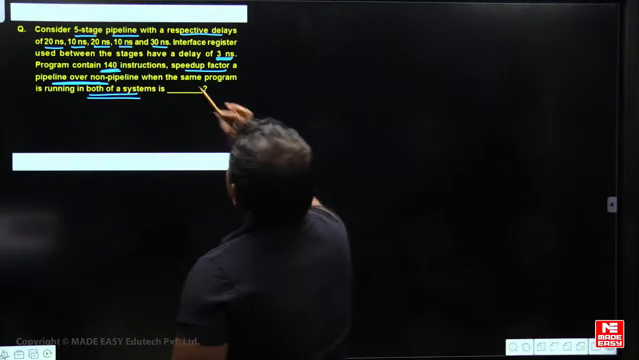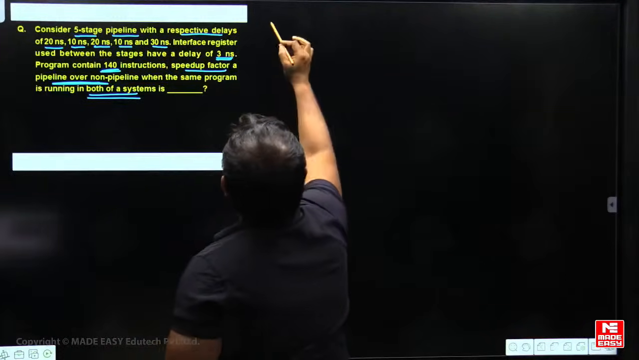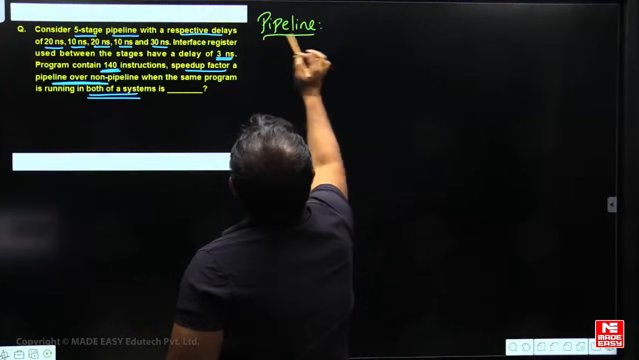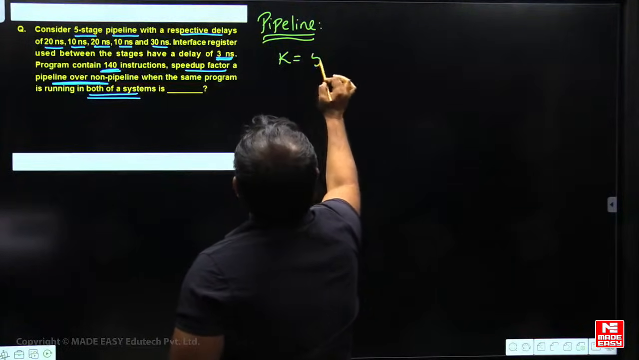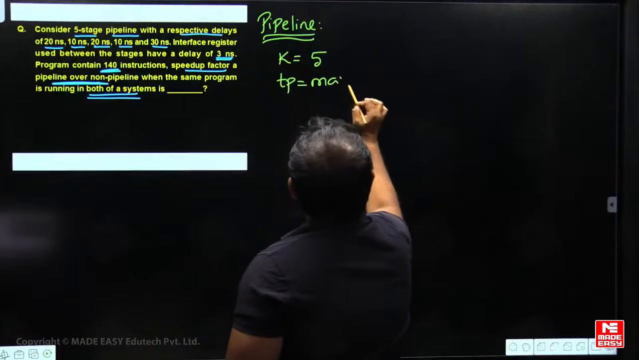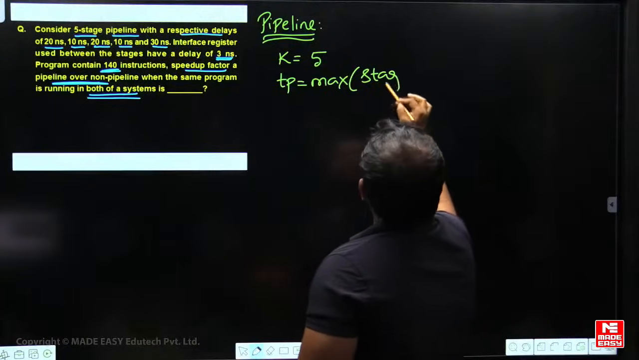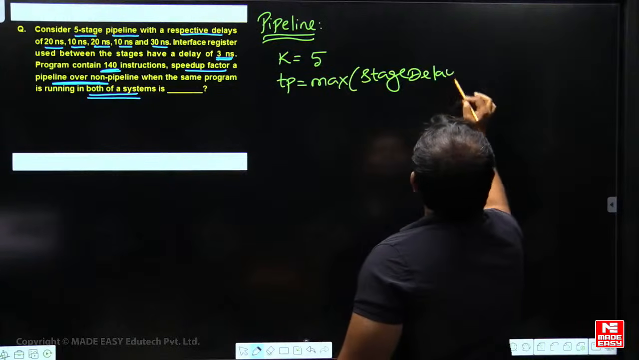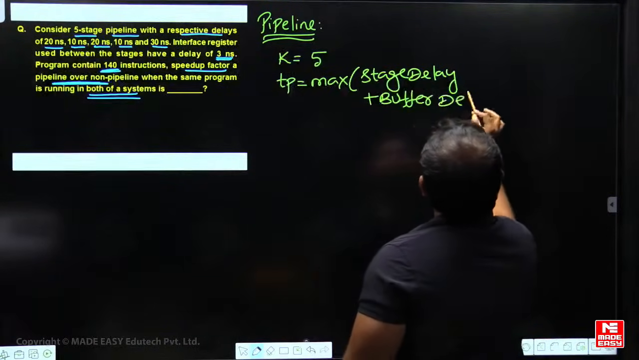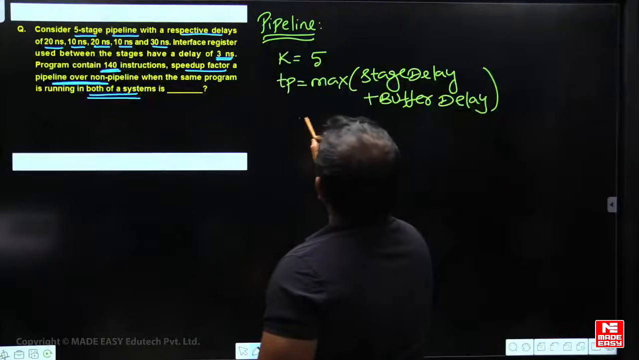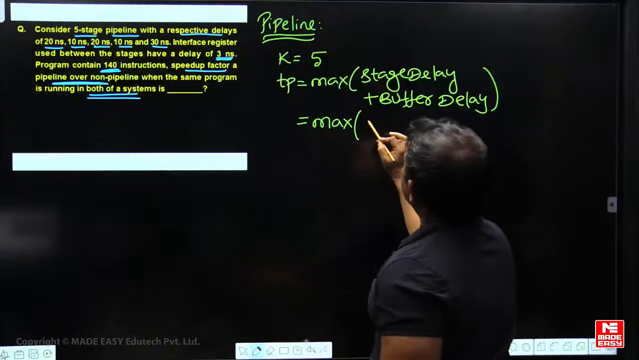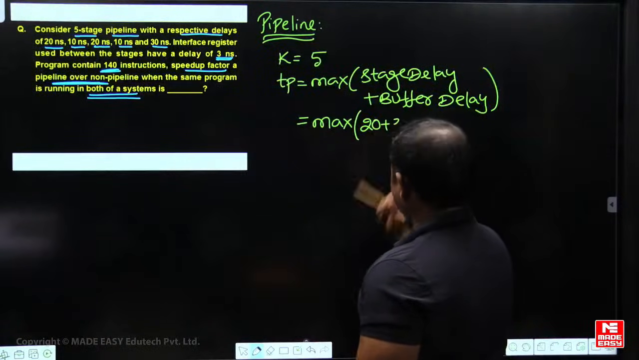Yes. यहाँ pipeline given non-uniform delay pipeline. Check this. Pipeline में k value is equal to 5, total 5 stages. Cycle time is equal to maximum of stage delay plus buffer delay. This is the stage delay plus buffer delay, clock adjustment. Right? Now cycle time 20 plus 3, 23,